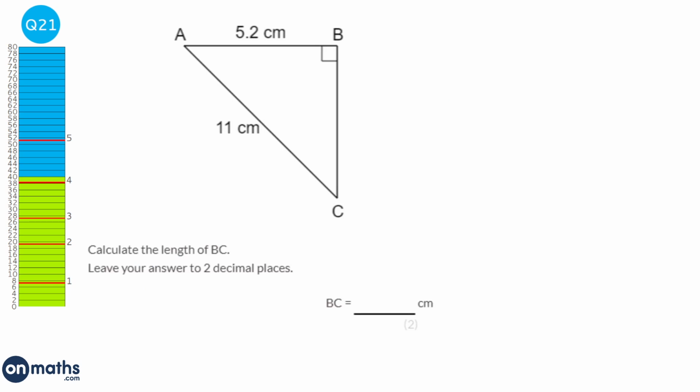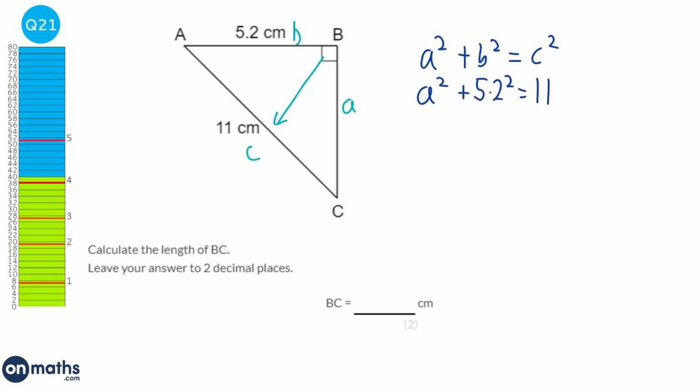So in this question, we've got a right angle triangle, and we're asked for length BC, and we're given the other 2 lengths. It's going to be Pythagoras. For Pythagoras, I just label the sides A, B, and C, but C must be the one opposite the right angle. And Pythagoras says that a squared plus b squared is equal to c squared. We don't know a, but we know what b is, which is 5.2, and we know c is 11. So when we do that, we get a squared plus